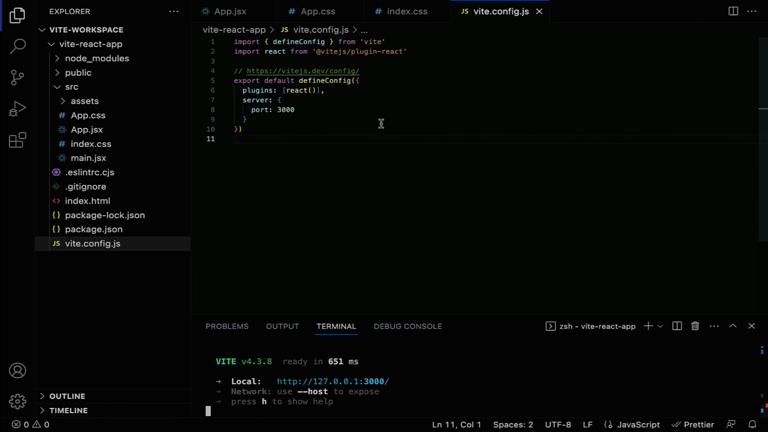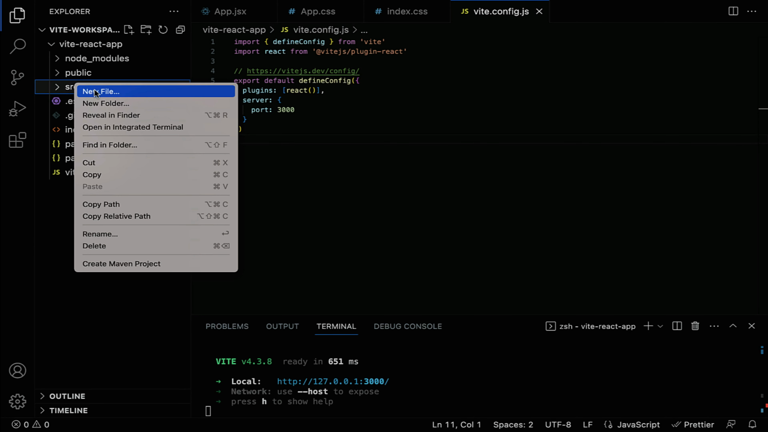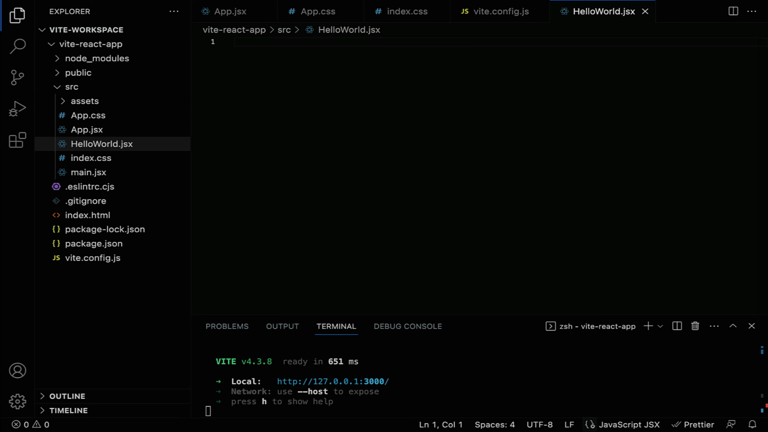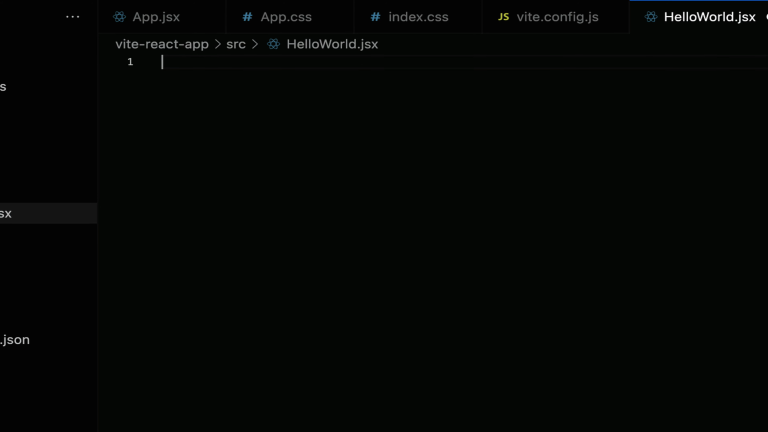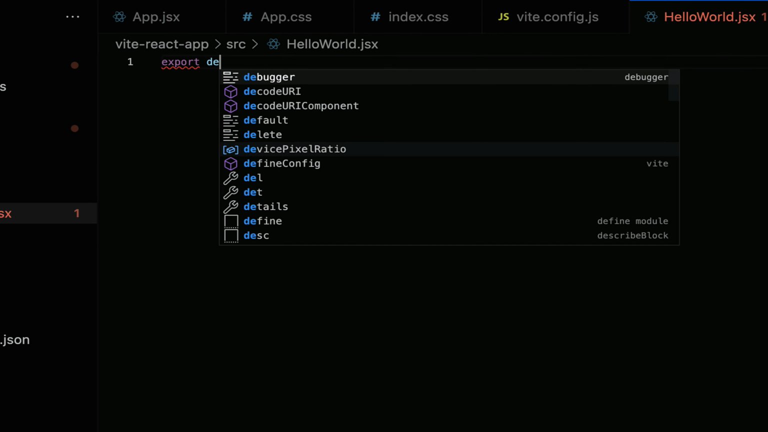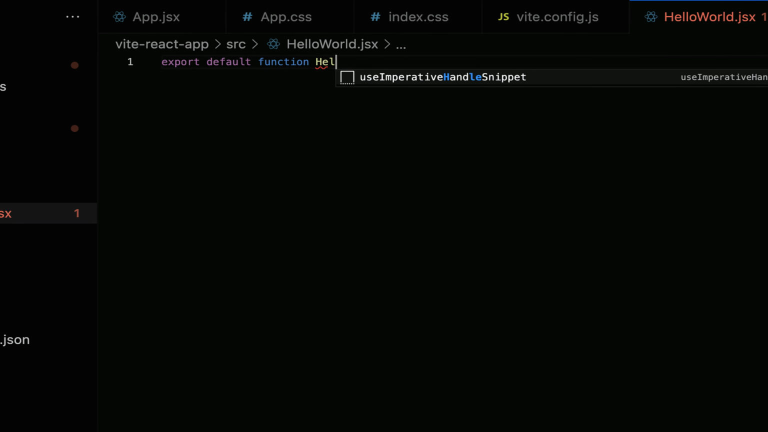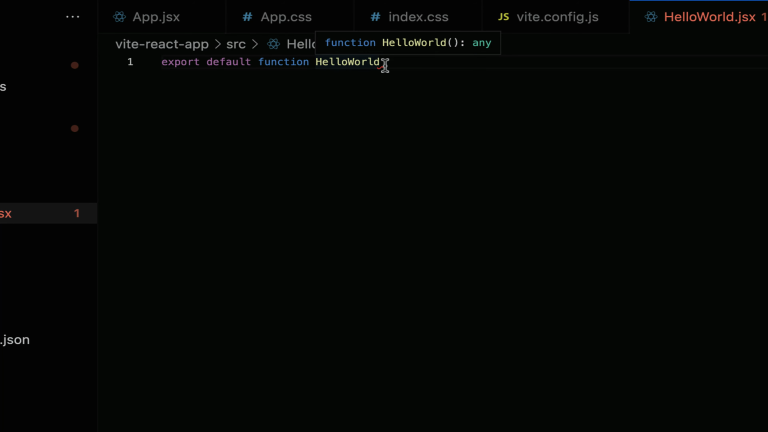Next let's create one component. So go to src folder, right click on it and new file, and let's give file name as HelloWorld.jsx. So make sure that you provide the extension for this file as JSX, because we are going to write a JSX code within this file. Next here let's use a functional component to create a React component. So here export default and then function. Let's give component name as HelloWorld. So make sure that the first letter of the component name should be a capital,